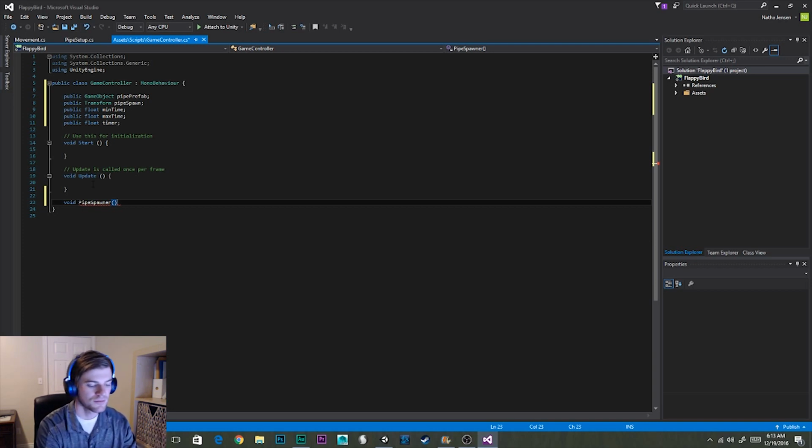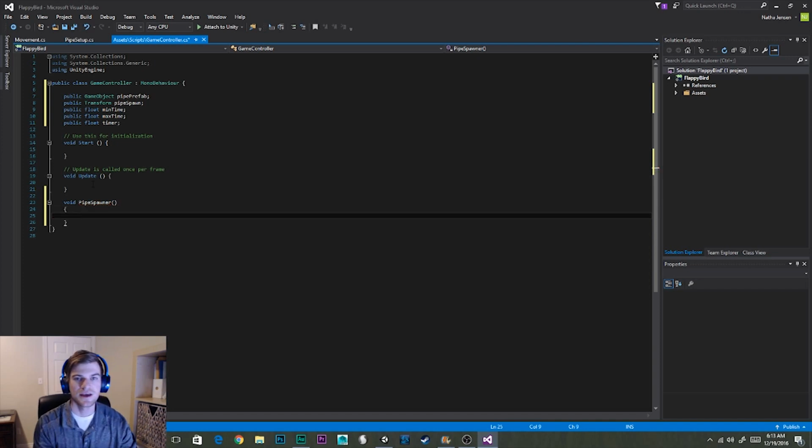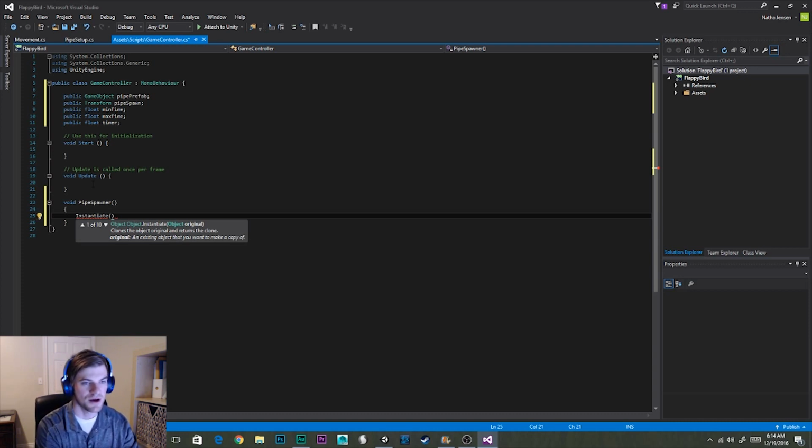So pipe spawner, let's open it up, and inside this we're going to call the instantiation function, which is a Unity specific function used for spawning objects into the scene. So this is going to be instantiate, and it's a function, so it asks for a number of parameters. The first one is the object that we want to spawn into our scene, and that is our pipe prefab. The next one is going to be the position that we want this object to spawn in, and so it's going to be pipe spawn